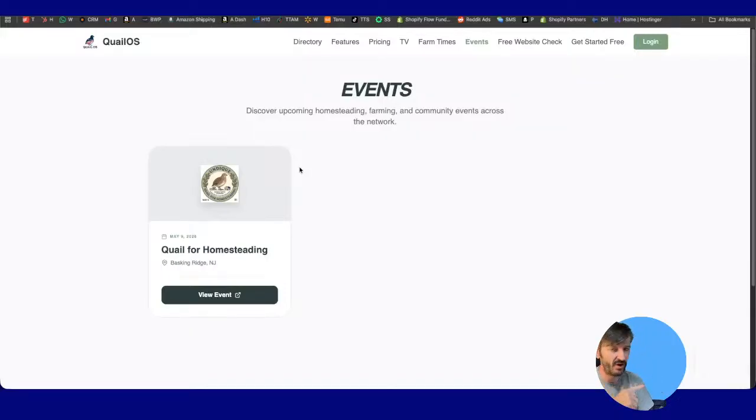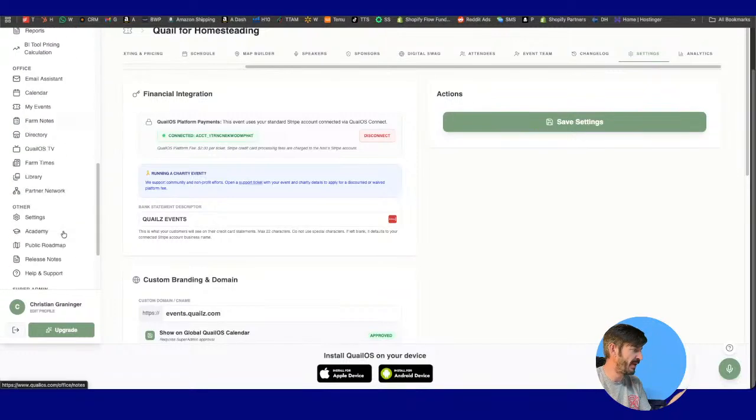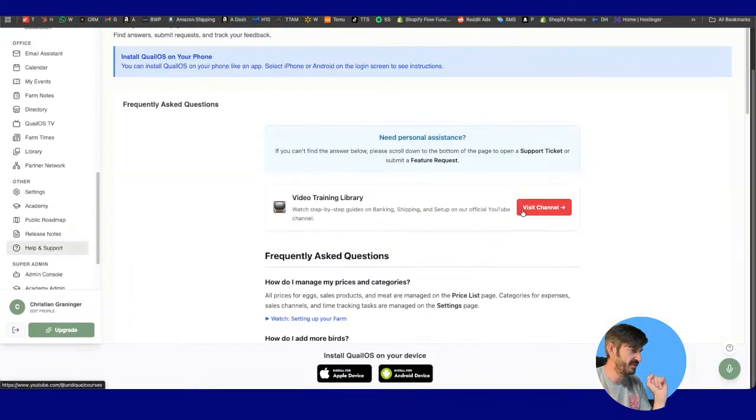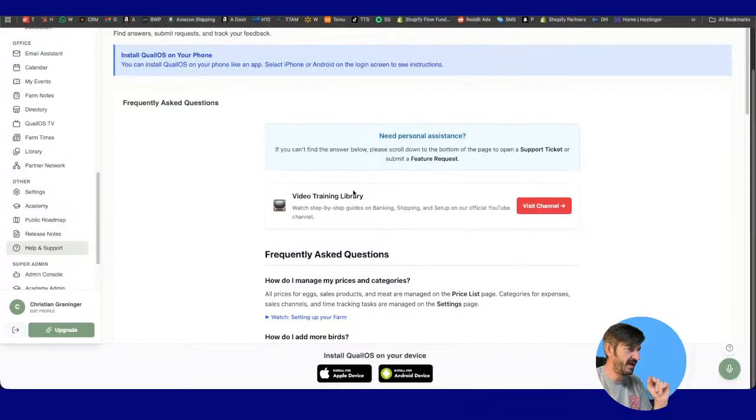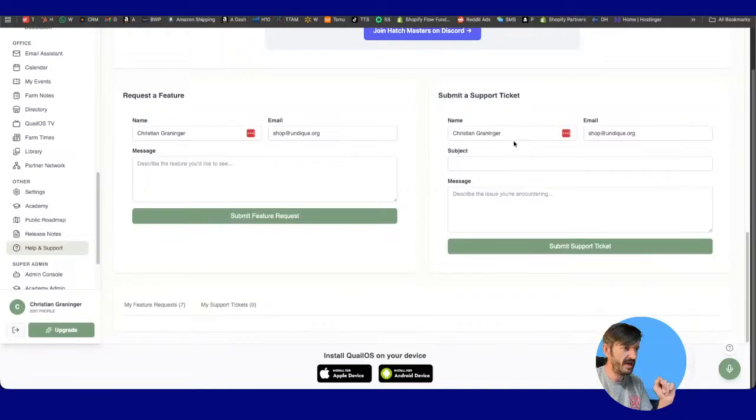Very simple. You saw it. I went quick through it, but it's really simple to set it up. And if you don't know anything or need help, then I show you what you do. You go over here, you scroll down where it says help and support. Here we go. Here are some frequently asked questions, but you just scroll down to the bottom, and here we